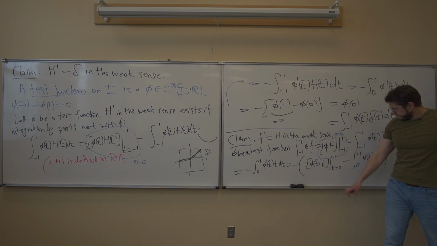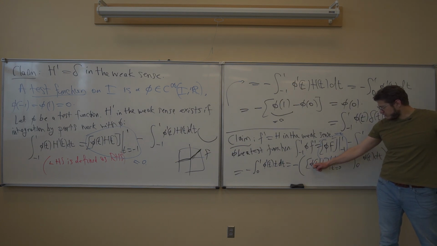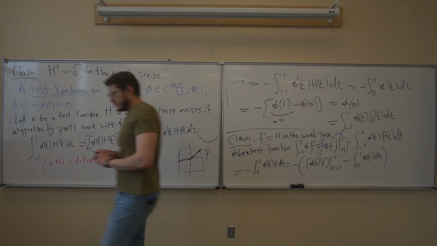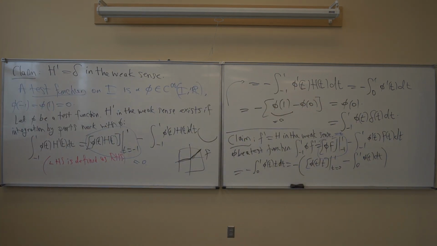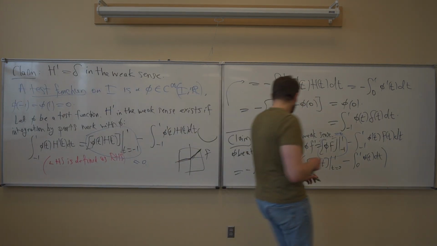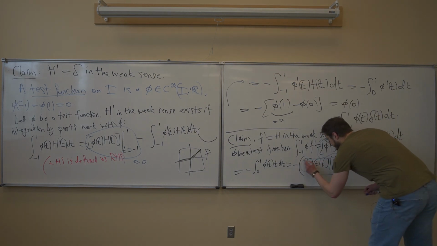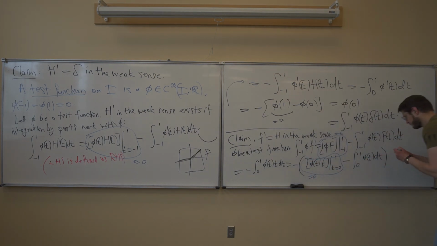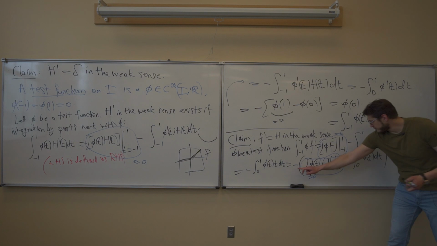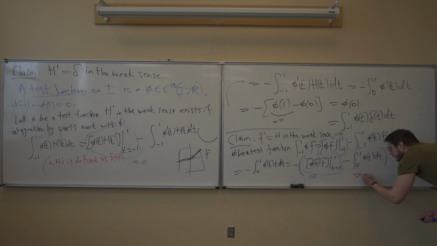I use by parts again. At 1, phi of t is 0 by the vanishing boundary conditions. At t equals 0, this is 0, so this is again 0. So this is 0. But then I have two minuses. And so this is just the integral from 0 to 1 of phi of t dt, which of course is the same thing as